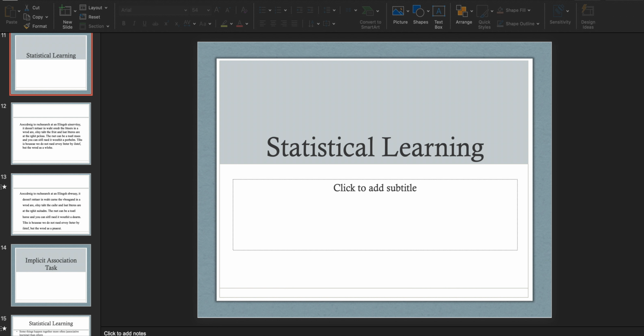So statistical learning, this is a concept that you might have heard in other different forms. Like, it's called other things. All right. First, to illustrate what statistical learning is, what I want you to do is take a second